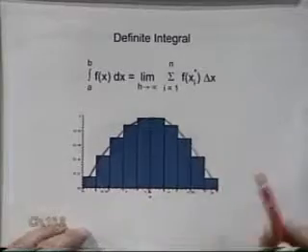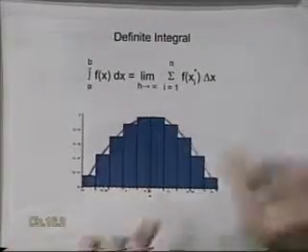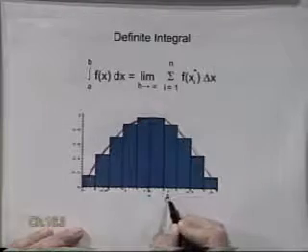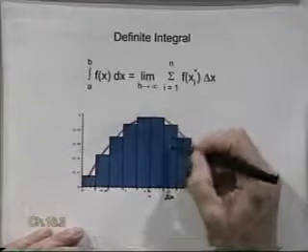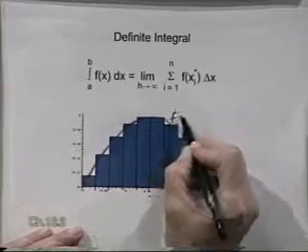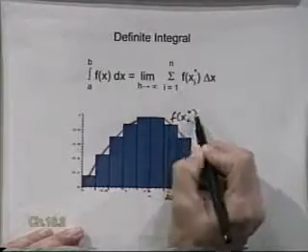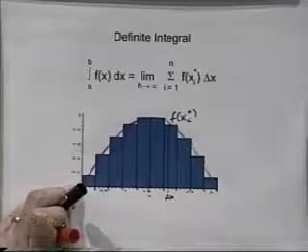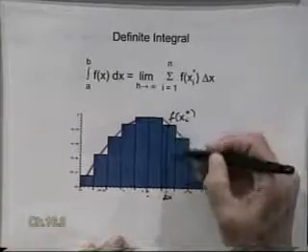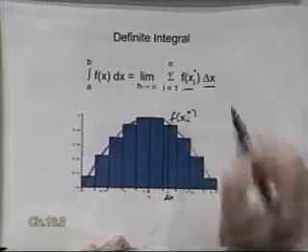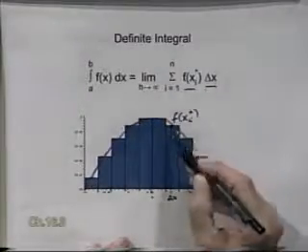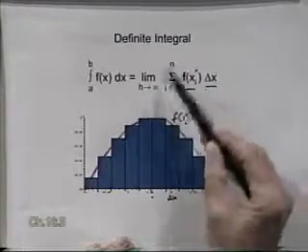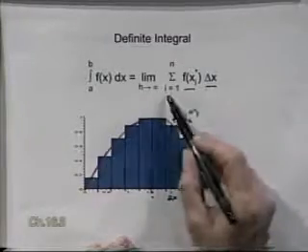If you take any one particular rectangle, its width is delta x, and its height is my function value at that point, which we'll call f of x sub i star. So for the first interval it would be f of x sub 1 star, the second interval f of x sub 2 star, whatever. Height times width gives you the area of this one rectangle. And then you summed up, as i went from 1